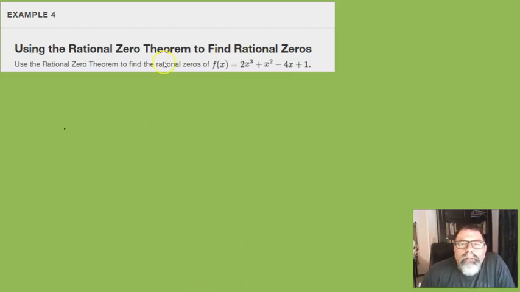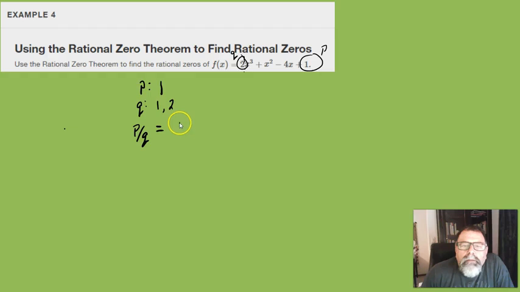All right, so using the Rational Zero Theorem to find rational zeros. Use the theorem to find rational zeros of f of x equals 2x cubed plus x squared minus 4x plus 1. So our P is going to be factors of the constant term, which is just 1. And our Q's will be factors of the leading coefficient. So factors of 2 is just 1 and 2. So all our combinations of P over Q will be 1 over 1 and 1 over 2. So we just have 4